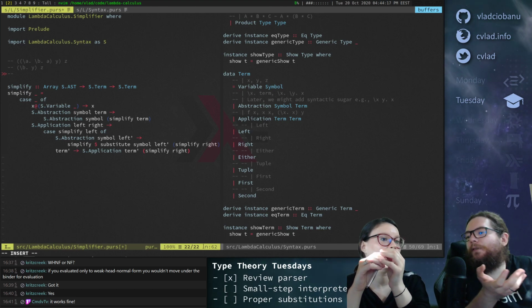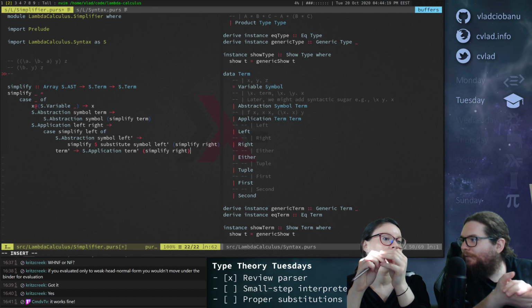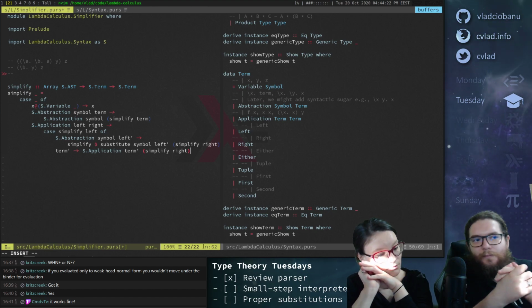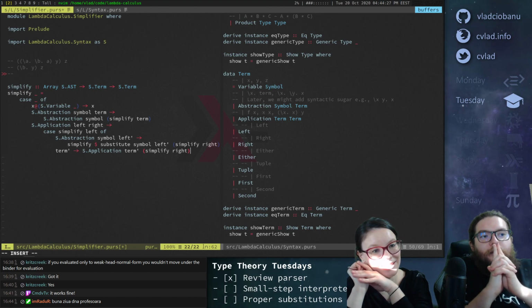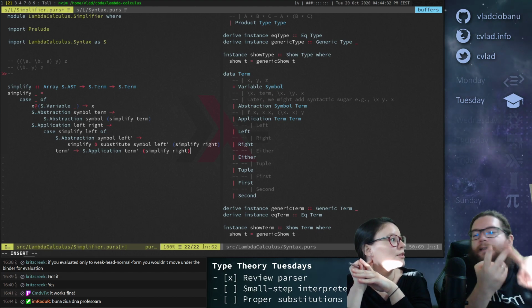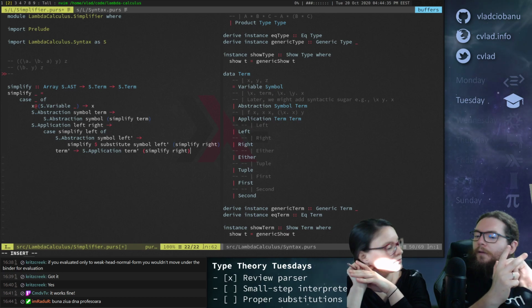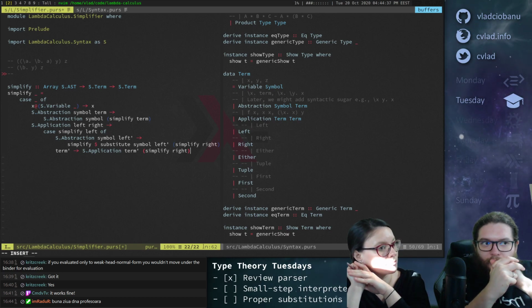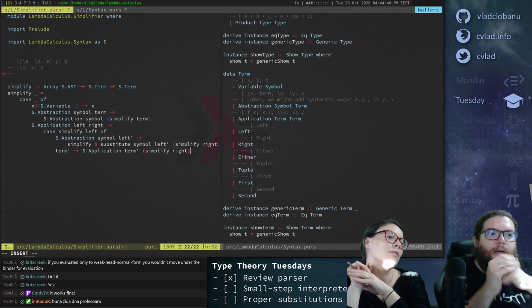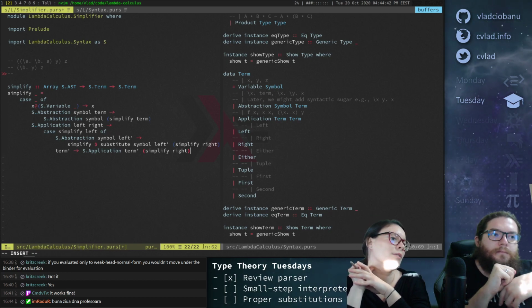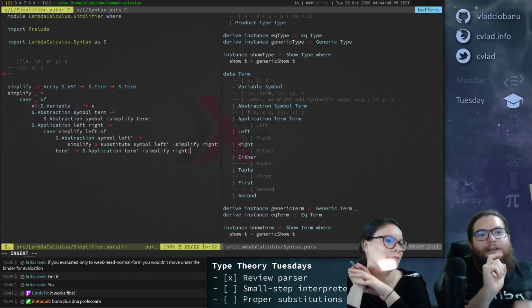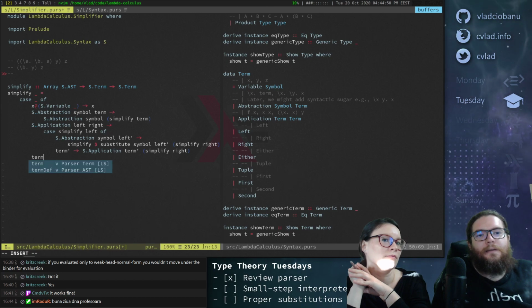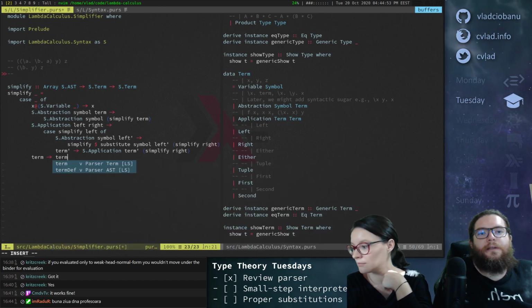Like you cannot evaluate left of x. It's just left of x. Oh, I think we need to evaluate either first and second. Yeah, when they're combined, right? Do we simplify this? I mean, or if you have a projection of a tuple. If you have first of a tuple, do you simplify it? Okay, let's not worry about that yet. Let's say that in any other case, we just return the term as is.